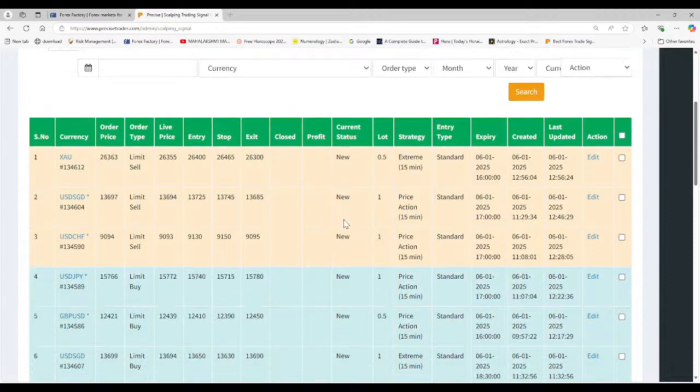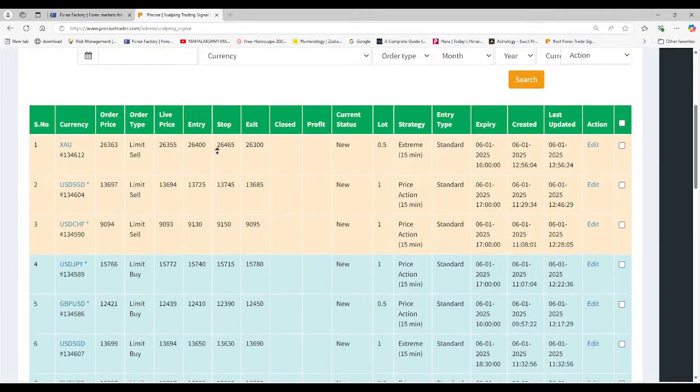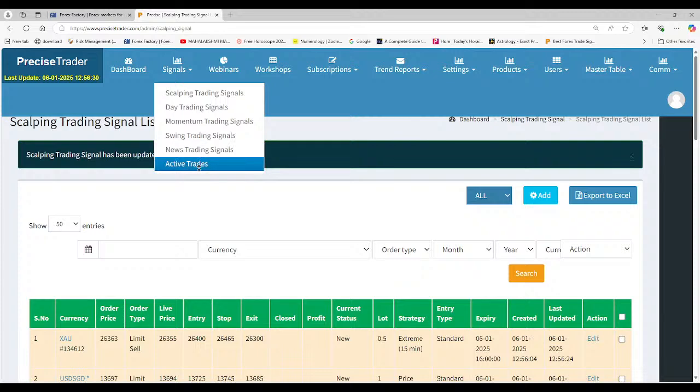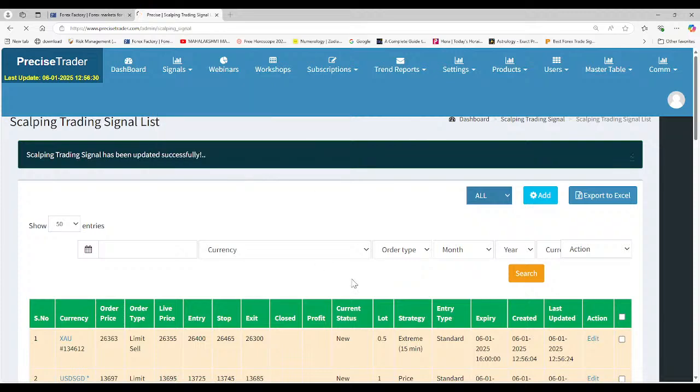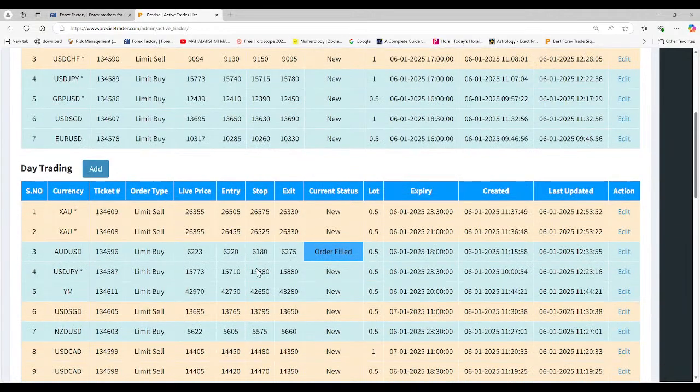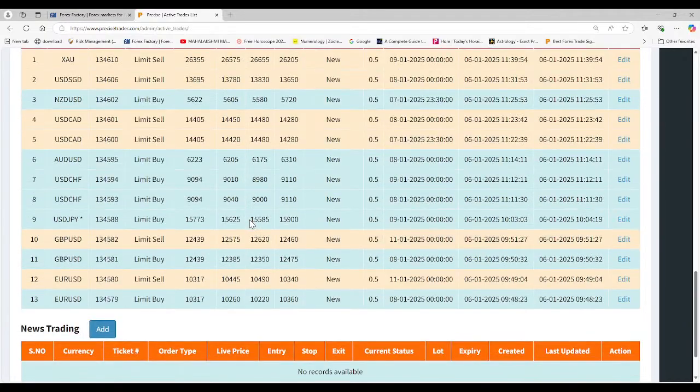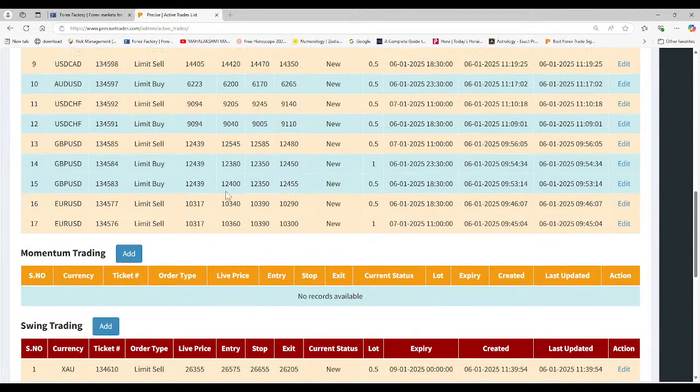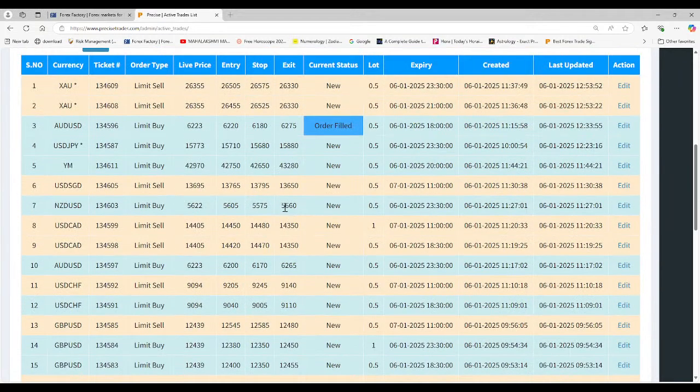I think that's about it. We have given our outlook for the week. At the same time, I think we have also generated our signals, and so far I think we have only one order filled, and we are trying to get some orders filled. And also do take note that all of this has been revised. And also do take note from this week I did tell you that we would be giving more signals, we'll be concentrating more on the day trading and swing trading. So most likely we should be able to get in the right direction most of the time.